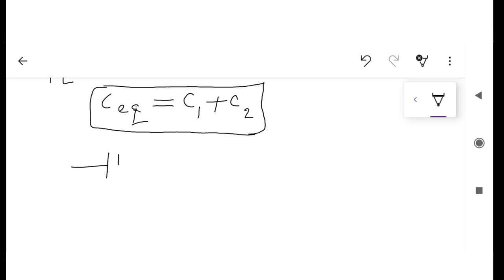If we connect capacitors in parallel condition,